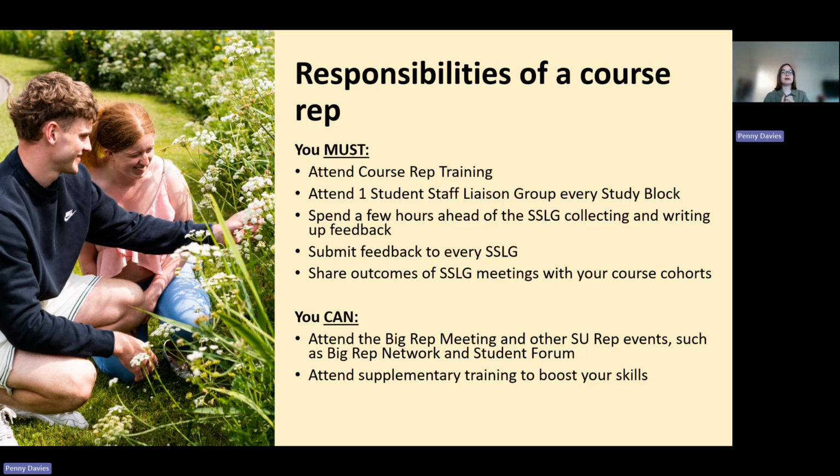But on top of that, we offer opportunities for you to get involved in more, particularly the big rep meeting. That is something we do every year around November, December time. It's an opportunity for you as reps to talk about issues that are wider than just your